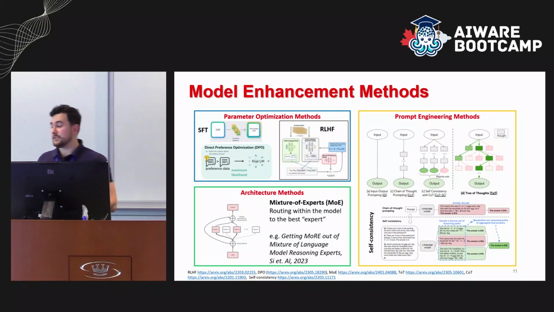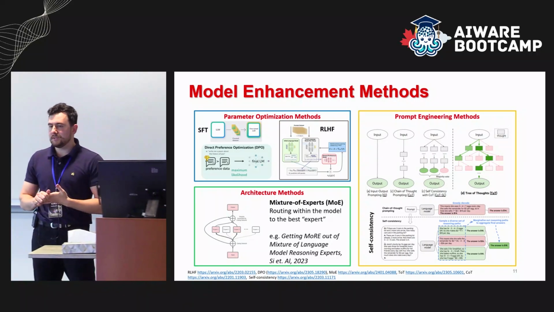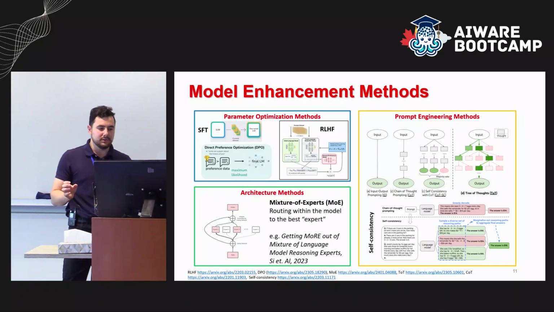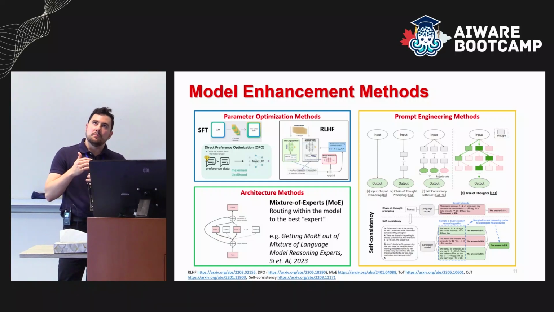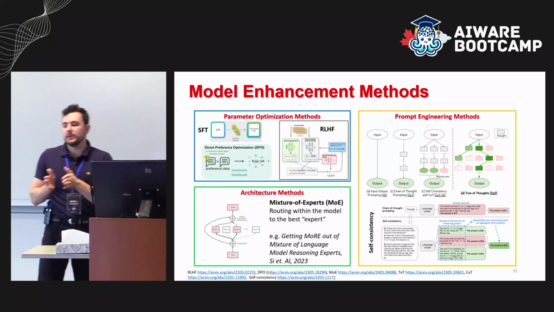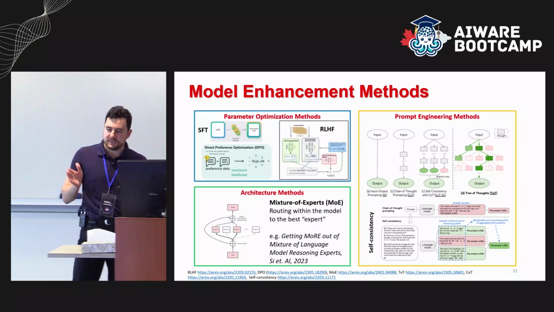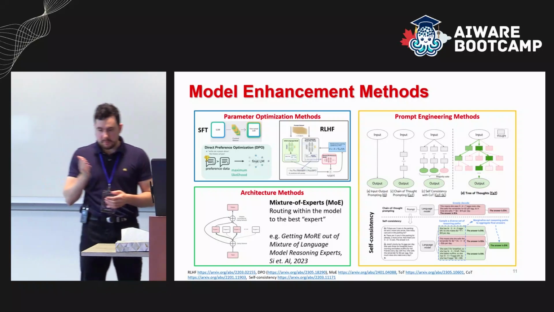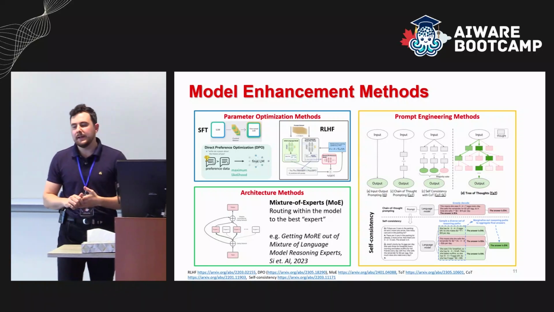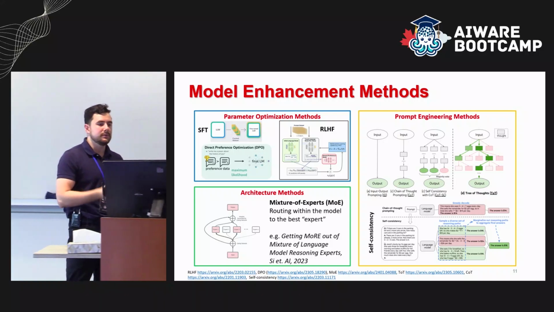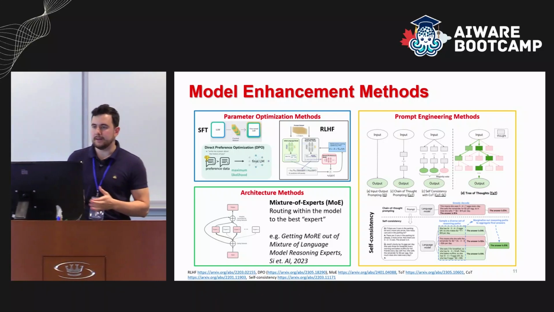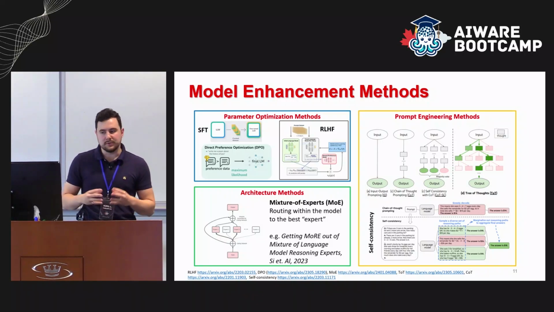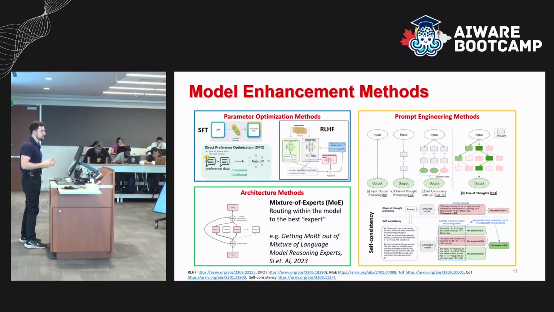Mixing it up a little bit, architecture methods. One example is mixture of experts. There's a bunch of models floating around that do that. What they do is combine multiple sub-neural networks, we'll call them, inside the overall architecture, and then there's a specific gate unit which will route to a specific expert. So people try to use this. There's one paper cited right there, where they try to route the input queries to the appropriate subnet at runtime, and there are different ways to do it. But that also requires training. So just like parameter optimization, these all require training and learning.